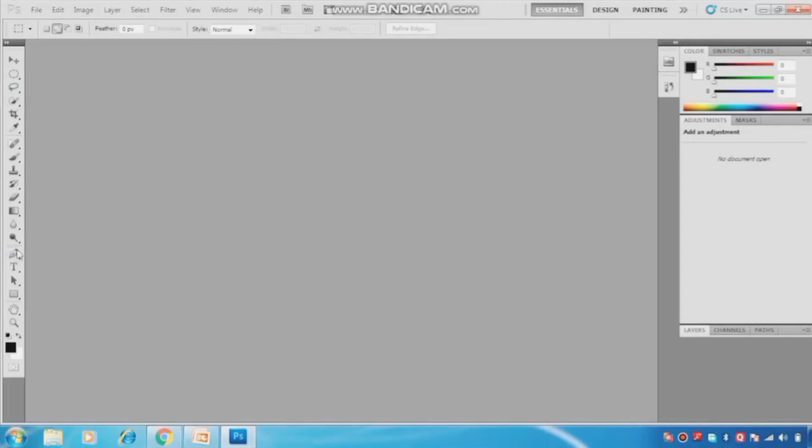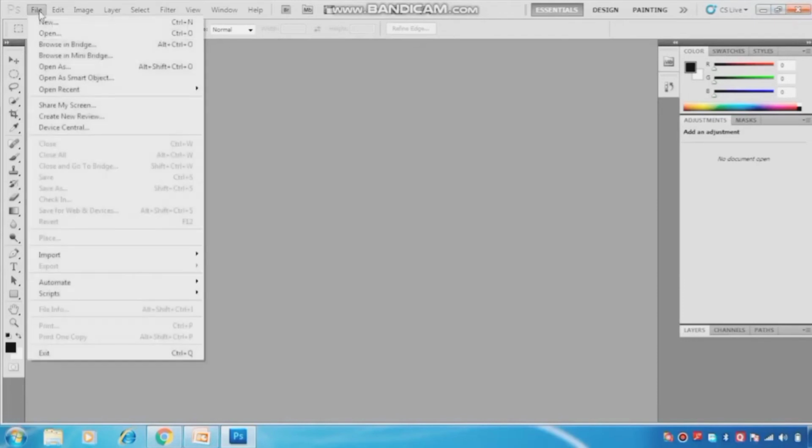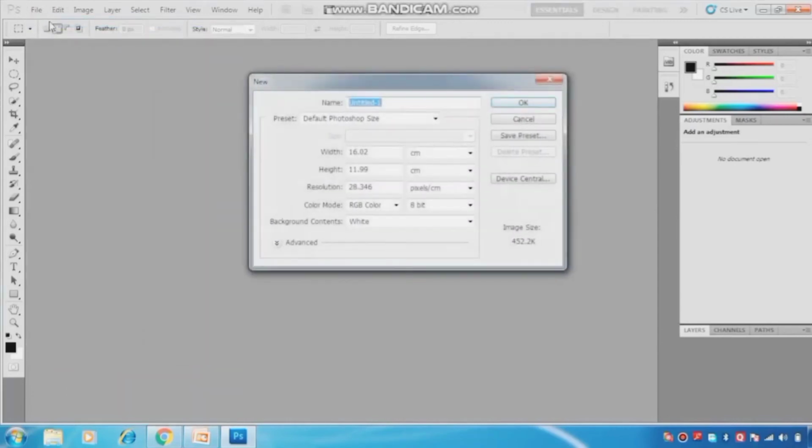Now in this video we will first learn how to create a new file in Photoshop, okay. So if we want to create a new file or new image in Photoshop, then we first have to select the file menu like this. Firstly we have to click on the file menu, then from here we have to select the new option, or the shortcut key to select the new option is Ctrl+N. When you click on this new option, a new dialog box appears as you have shown in the figure.